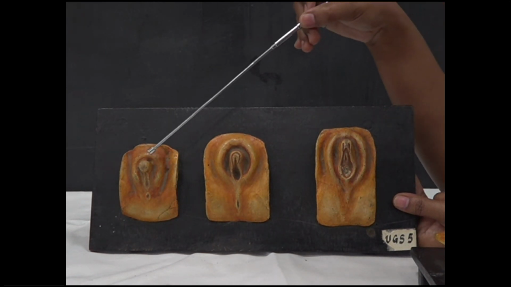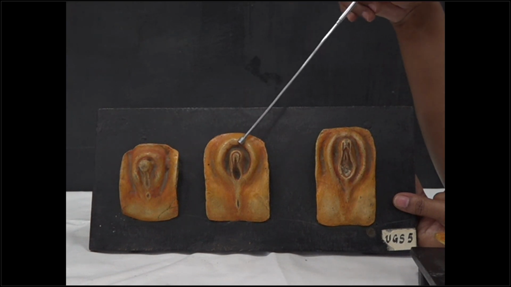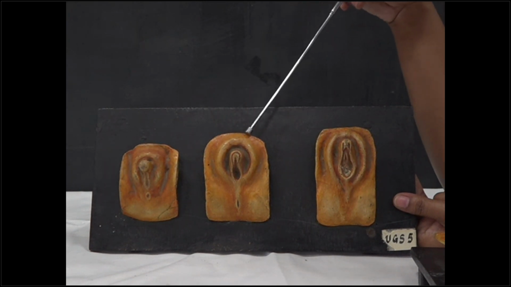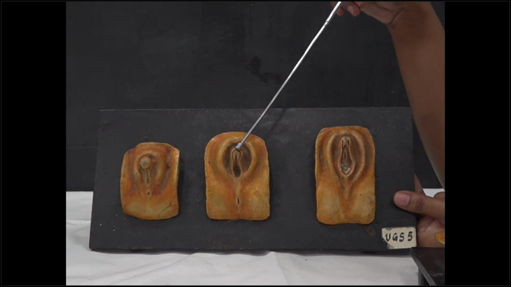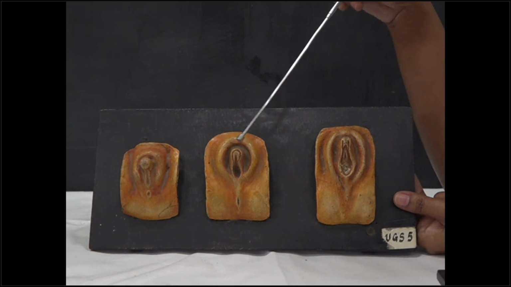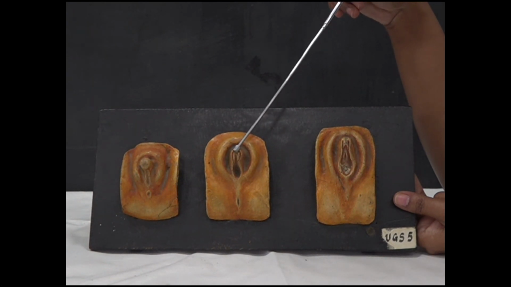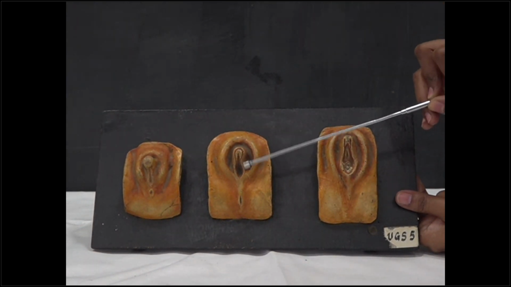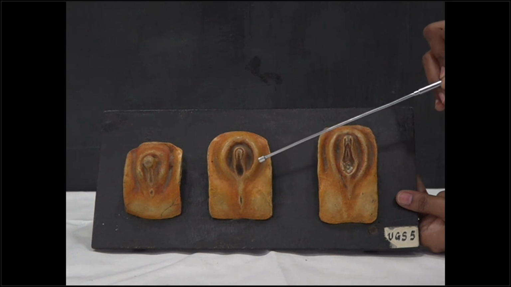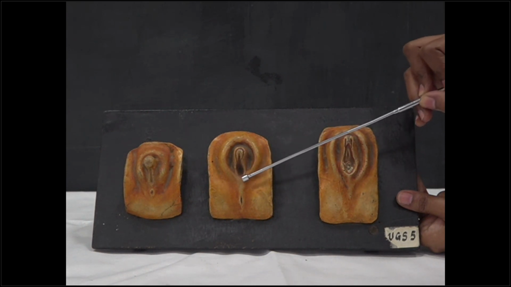Now just identify what happens later on in the development of the female external genitalia. What is happening here? What is this structure? The phallus is regressed and here it forms the primitive clitoris. Yes, correct. So this is the developing primitive clitoris, and we can see the urogenital folds are not fused here, but they are fused on the posterior side.